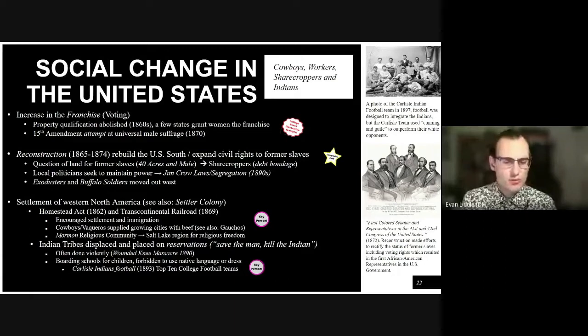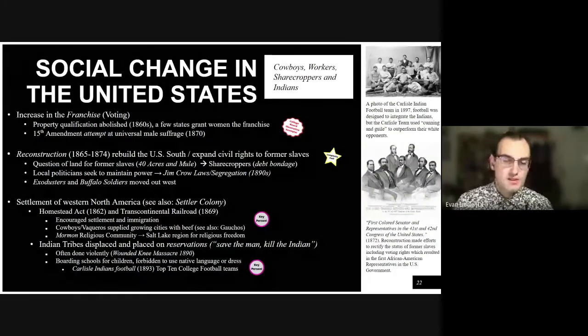However, they had a number of practices that made them not very well liked by the people of Illinois and Missouri, and so their communities were continually oppressed, and their leaders were killed and thrown in prison, and so the Mormon religious community moved out west to what we know as Utah, to the Salt Lake City region, for their religious freedom.